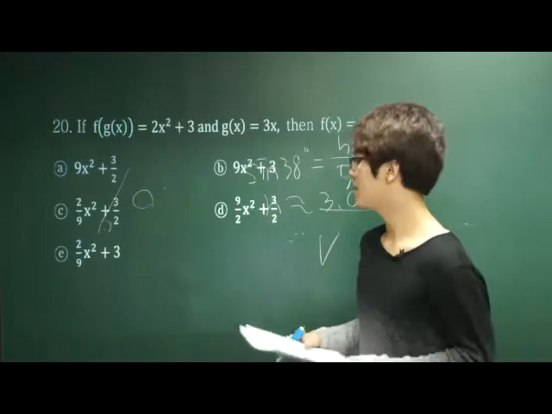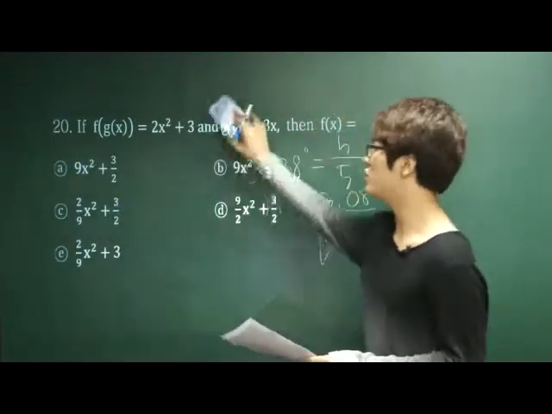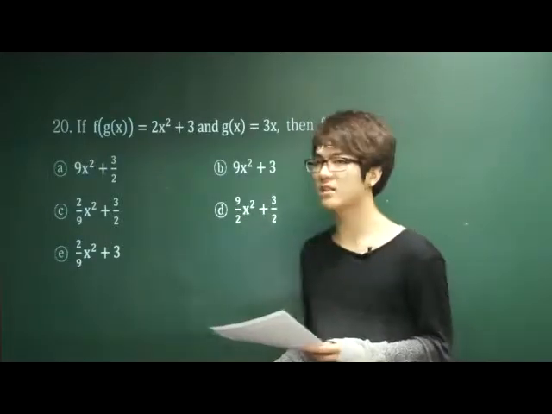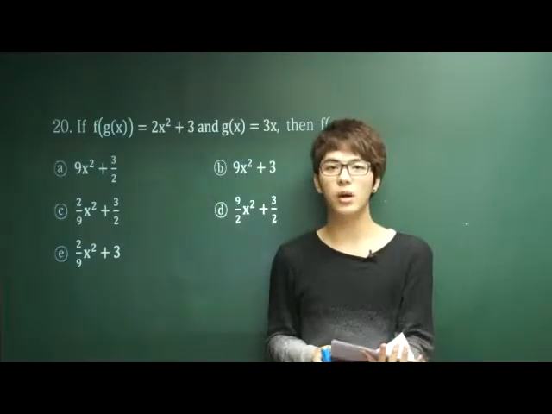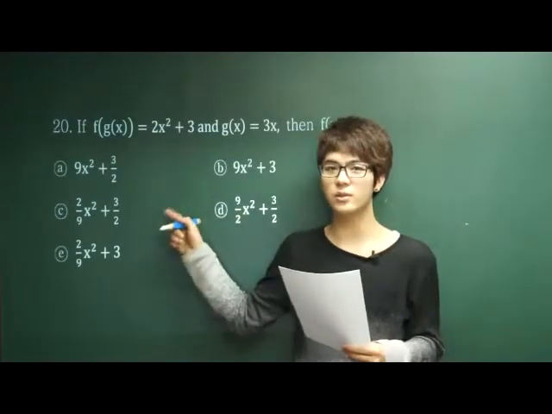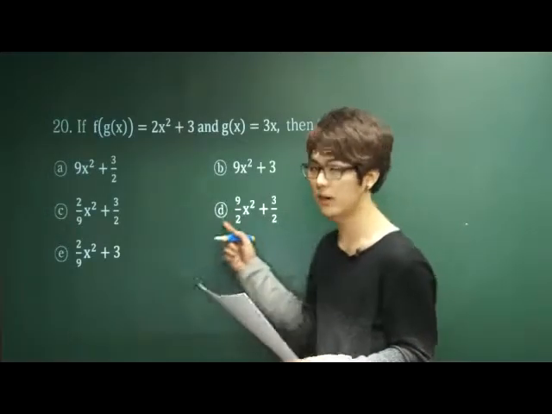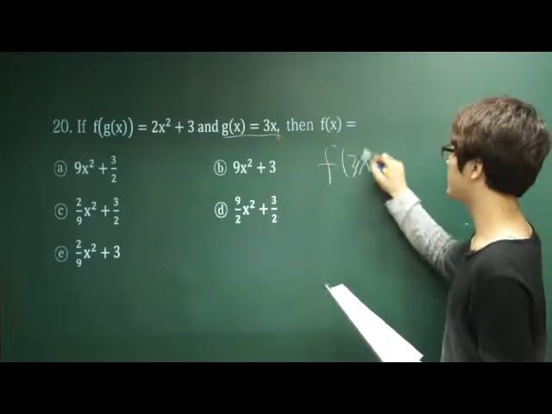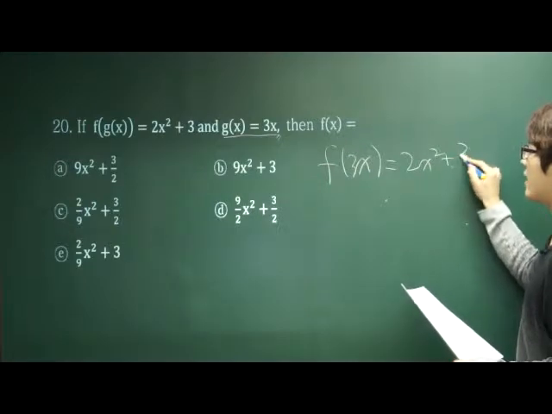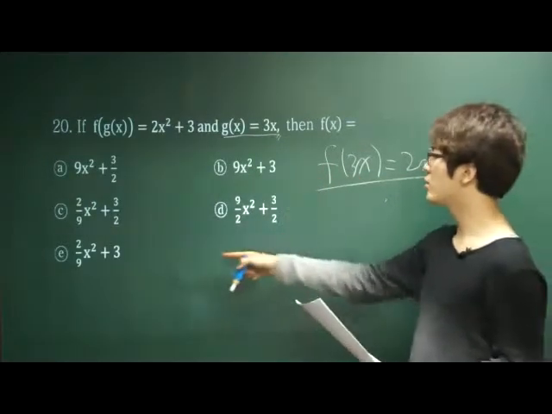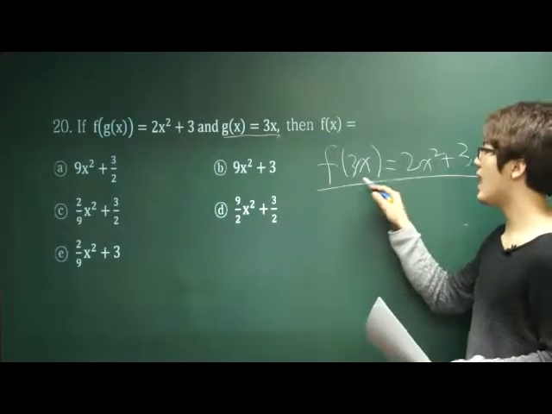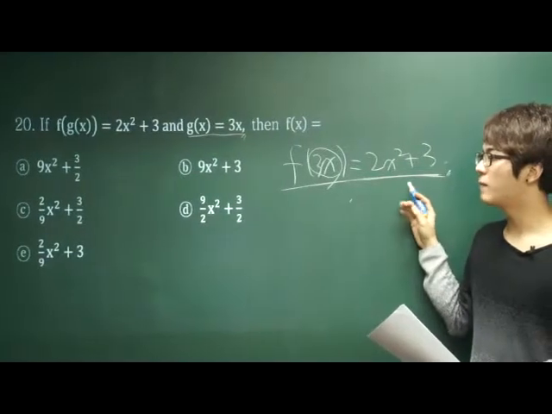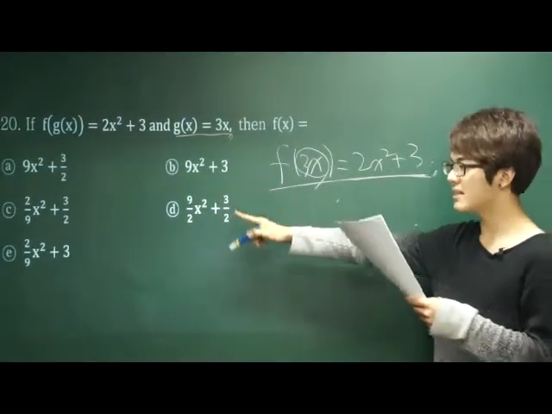Number 20 says, if the composition of f and g is equal to 2x squared plus 3 and the g(x) function is equal to 3x, then the f(x) function is equal to... So for this kind of problem, what should we do? Right, we should put the answer choices in one by one and check if they are right or not, right? So we are given g(x) is equal to 3x, therefore f(3x) is equal to 2x squared plus 3. Among those answer choices, if we substitute 3x for x, then we should get something like 2x squared plus 3, right? So, if you do A, B, C, D,